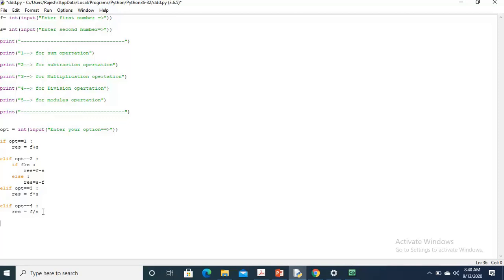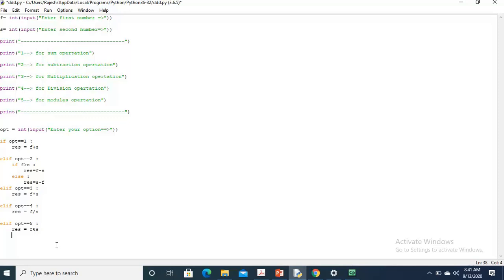Then five is the modulus. Here I am using the modulus operator.